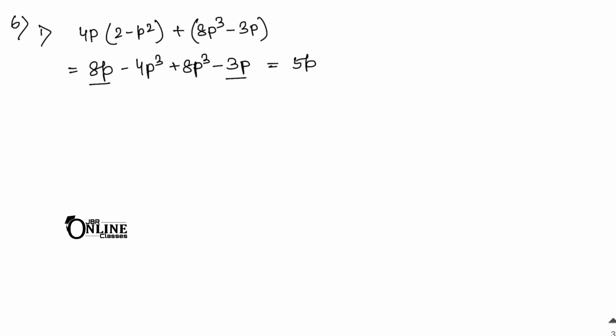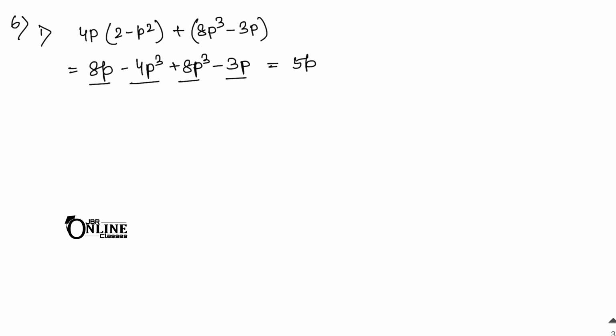And next one minus 4p cube plus 8p cube. So here positive and then 4p cube. Your final answer. Now next number 2. 7xy multiply with 8x plus 2y minus 3 and here plus, so you can write down here plus, then xy square, then here 3y minus 7x plus 8.